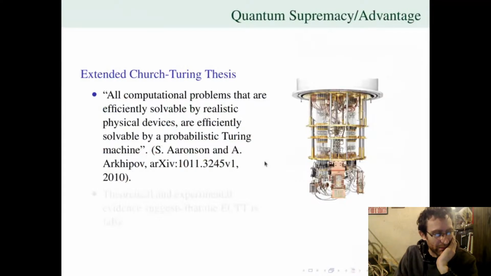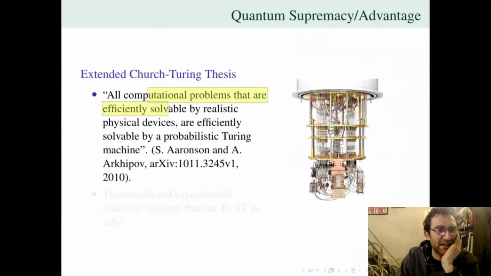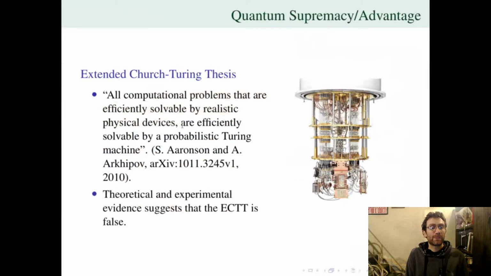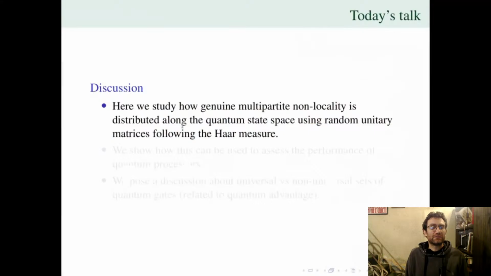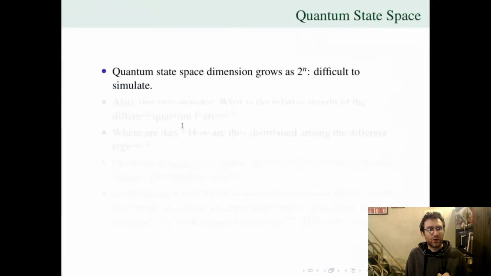you know that the main assumption of quantum computing is that the extended Church-Turing thesis is wrong, and we believe that a classical supercomputer will not be able to simulate efficiently what a quantum computer can do. But the question is, what is the reason for quantum advantage? In order to find some clues to answer that question, what we do here is to study how quantum resources